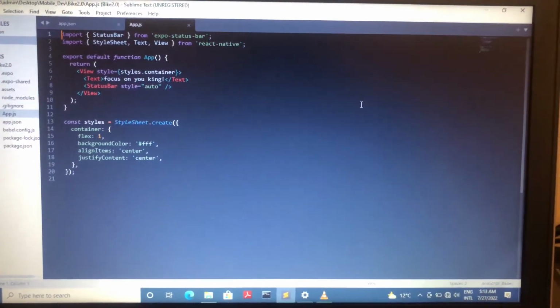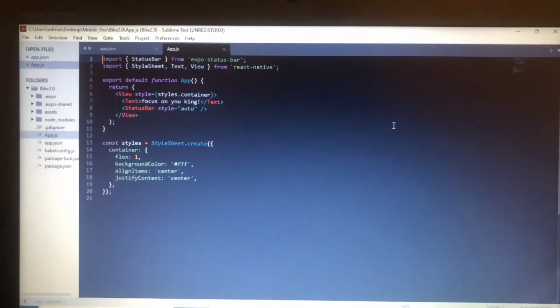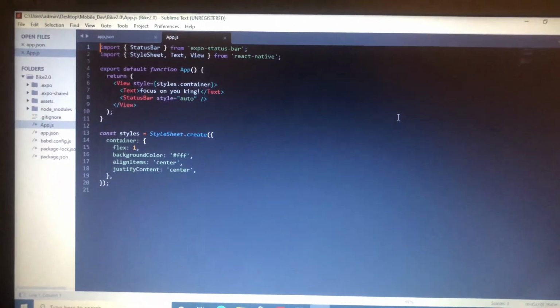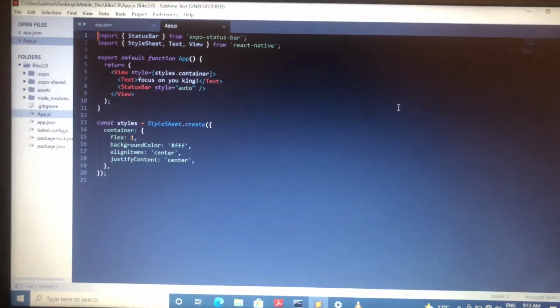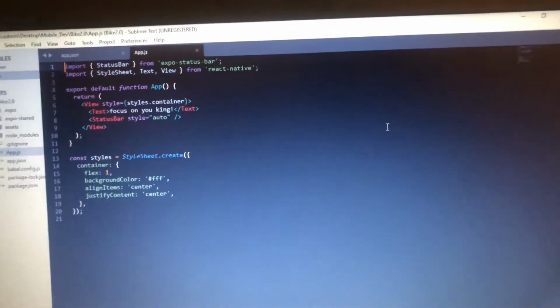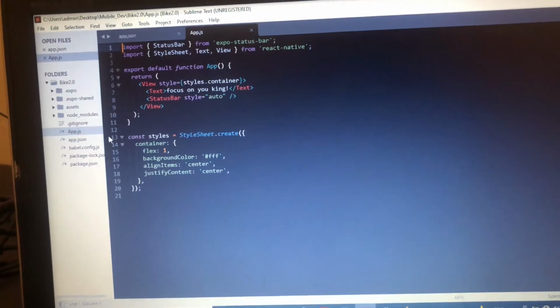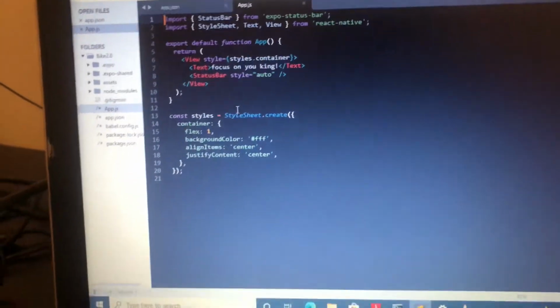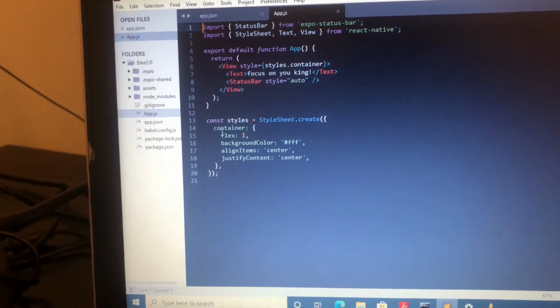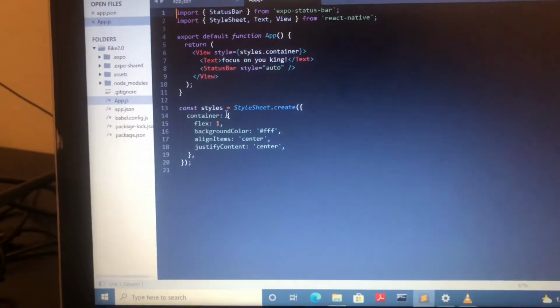Let me give you an insight of React. Let's take a look at this code. This is React, but it's like CSS. So you just import styles from React Native and all of those. The way you write it is like you write in JavaScript. But look here, let me move my mouse, let me not put my hands in the video. Look over here by the constant styles. We created a style sheet, and look, we gave it properties. We named it container. The same way you do with CSS, we would give it an ID and control it